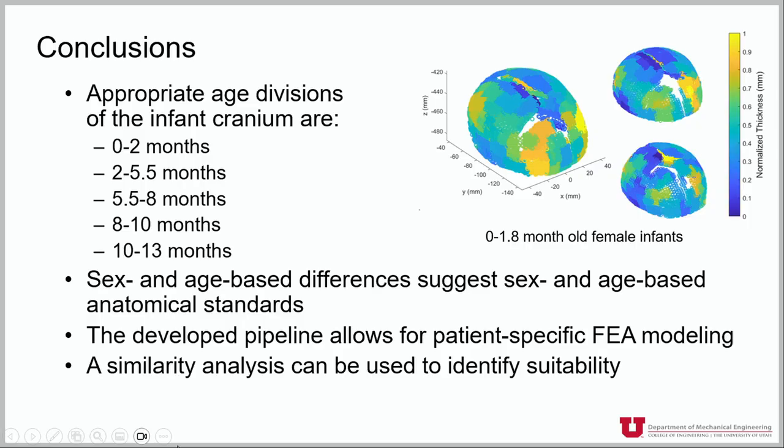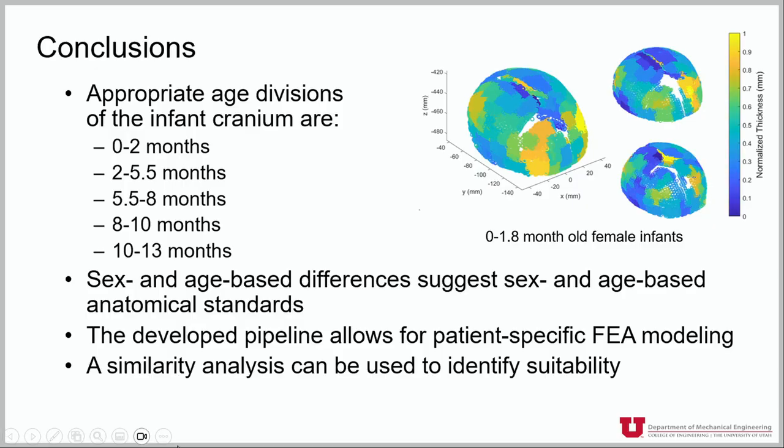Now, the developed pipeline we have allows us to do infant-specific modeling. One of the things I want to talk about is a student who just finished working on an initial similarity metric to try to identify, within the age groups that we've identified, whether there is an infant with a representative skull thickness distribution that can be used for everyone else in that group. What is the most representative infant skull that we can use as our anatomical standard for modeling